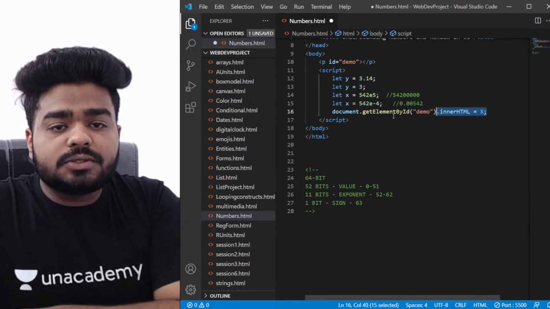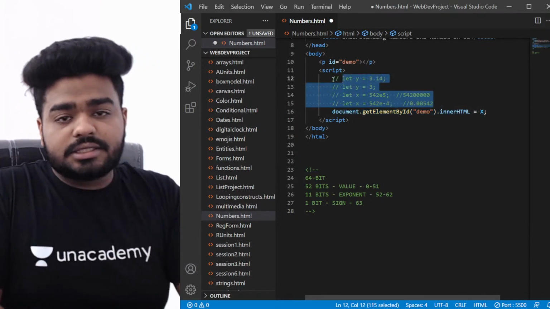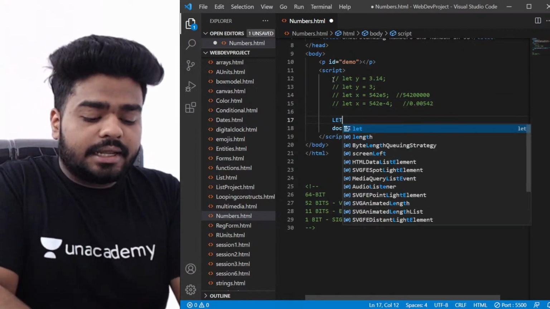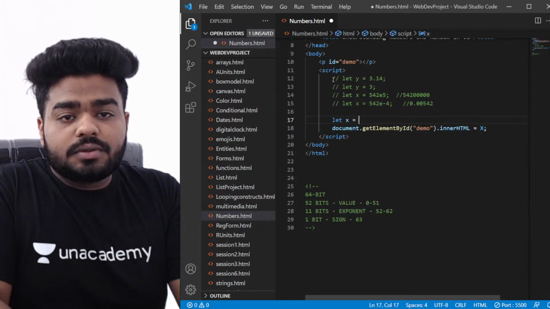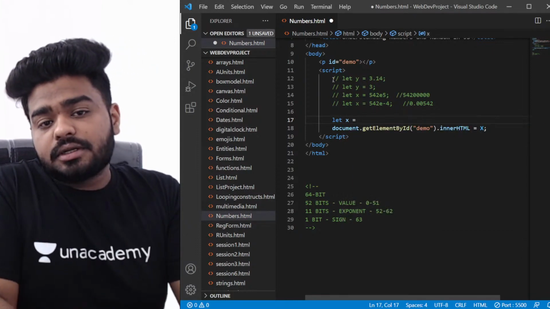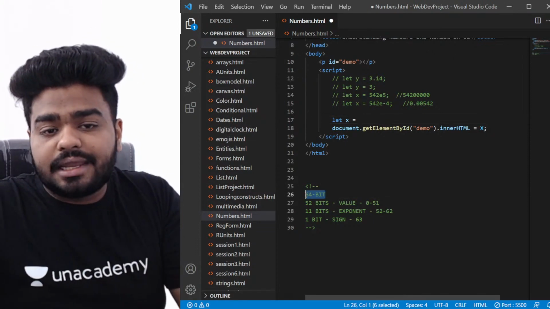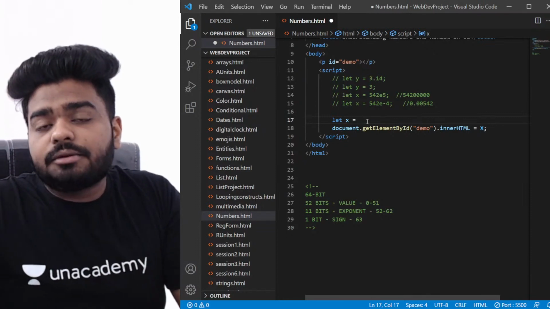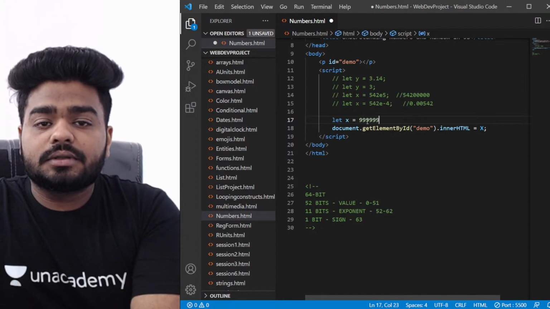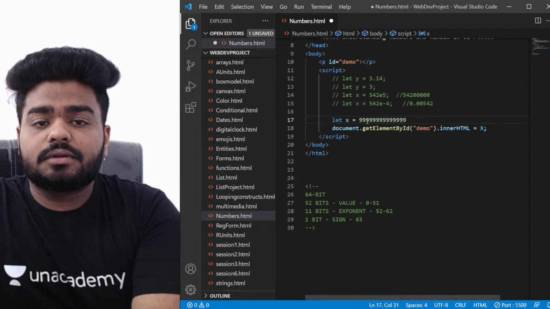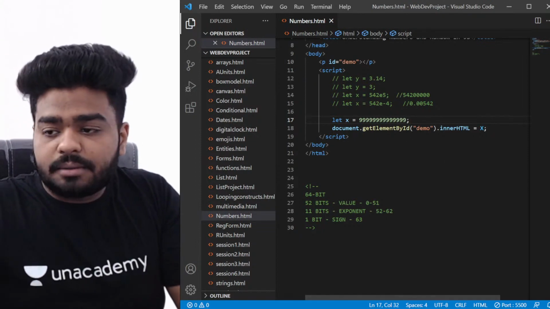Now I'm just going to comment this out because these are redeclared. And here I'm just going to write let x equal to, let me use the naming conventions. Now here you can see that it's the 64-bit length, right? So the maximum digits which we can write is basically 15. I've written 14 digits here. Let's see what's happening. If I save this and go to my browser,